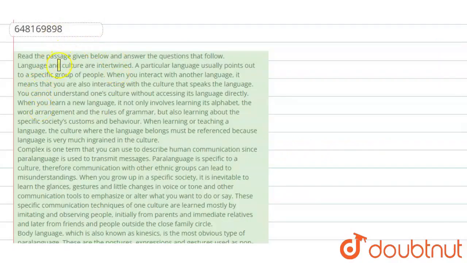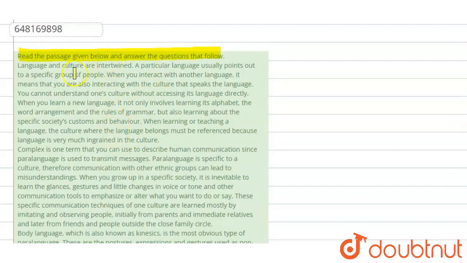नमस्ते दोस्तों, अब हम इस क्वेश्चन में क्या देखते हैं। Read the passage given below and answer the questions that follow. तुम्हें यहाँ पर एक पैसेज दिया गया है, हमें इस पैसेज को रीड करना होता है और आंसर द क्वेश्चंस, which are given below। ठीक है, यहाँ हमें आंसर द फॉलोइंग टाइप क्वेश्चन पूछा जा रहा है। पैसेज में देखिए,